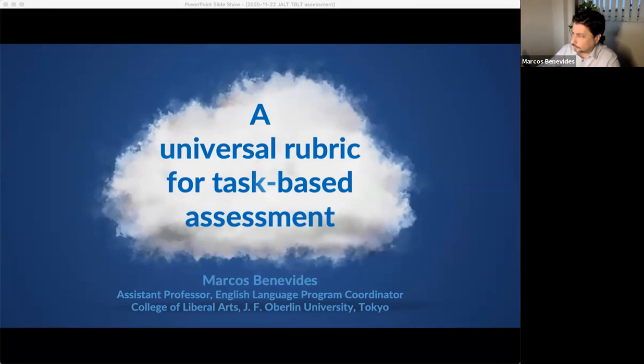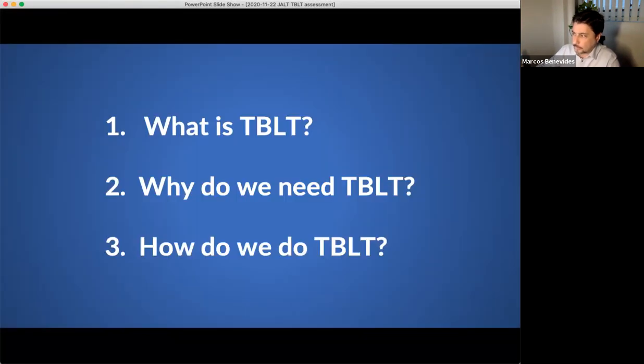In order to do that, I'm going to start with just a little bit of basics. I won't belabor the point too much as to what task-based language teaching is, but it is important to make the point, because it goes to the heart of why task-based assessment is inherently different and important if you're going to do task-based learning.